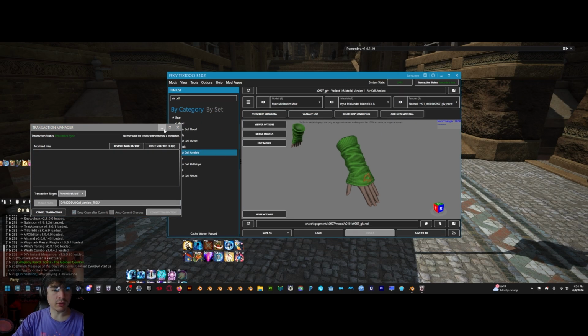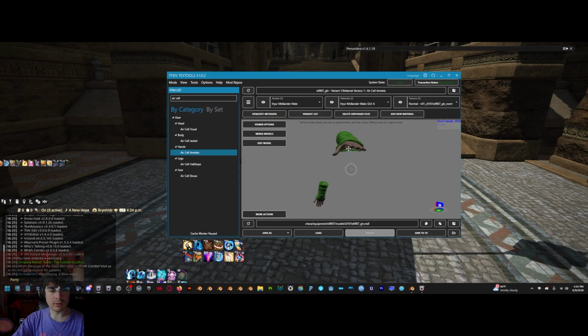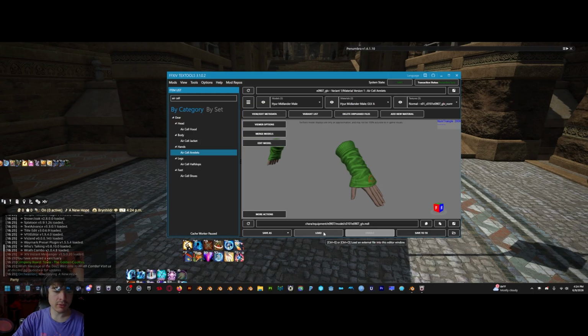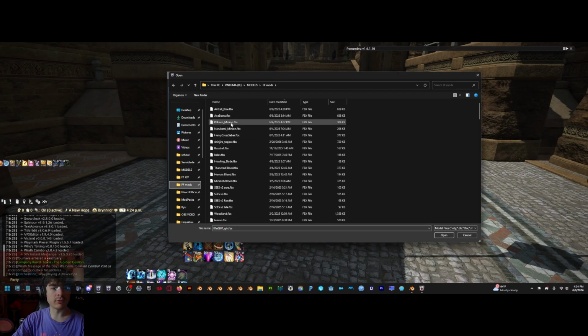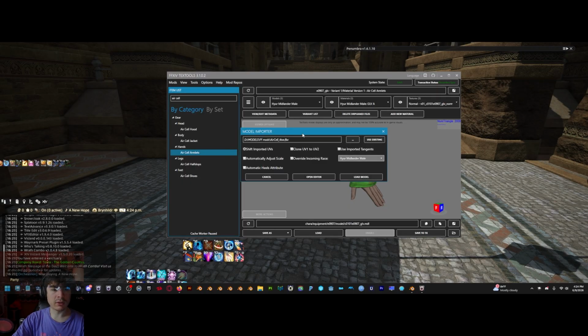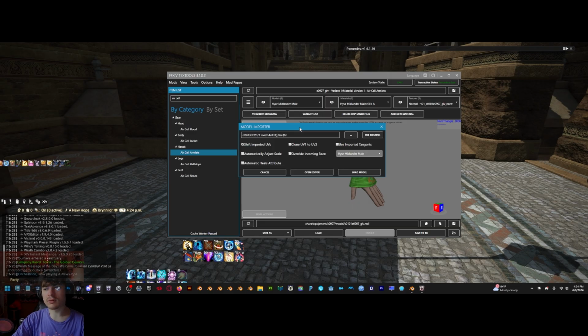Okay, so we can minimize this window for now, and yeah, all we will have to do at this point is we're just going to go ahead and click load, and we will navigate to wherever we exported our FBX file. So for me, it was right here. So yep, this is the one from 4 minutes ago. We're going to open it, and then here's kind of the part that's pretty important. It's the material assignment. So we're just going to go to open editor,